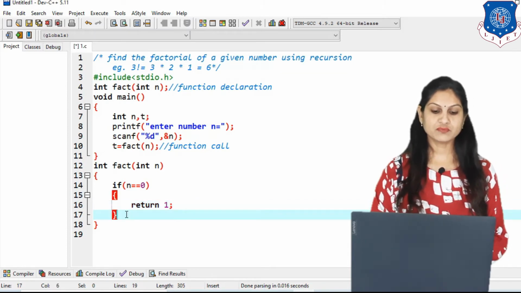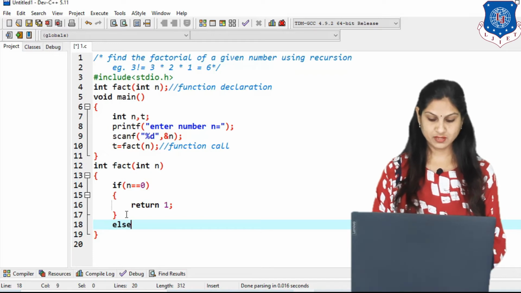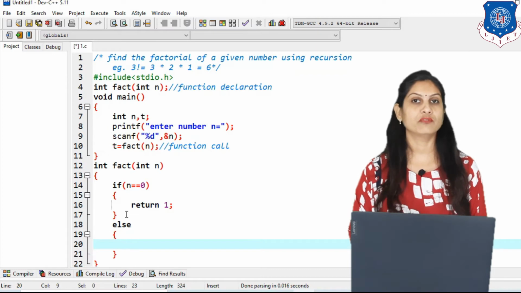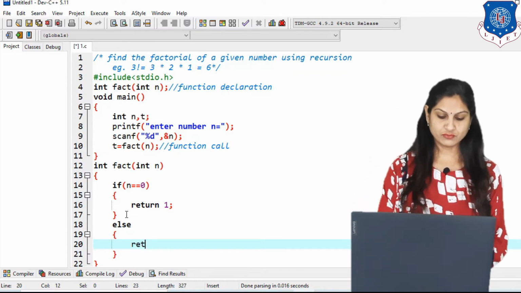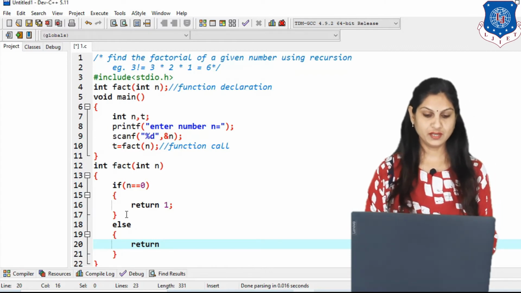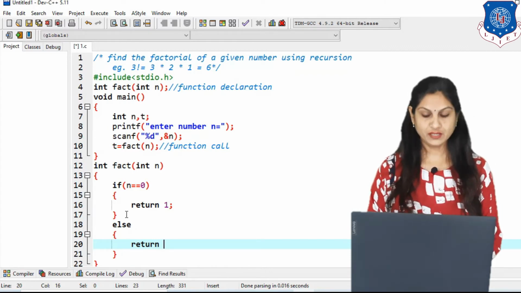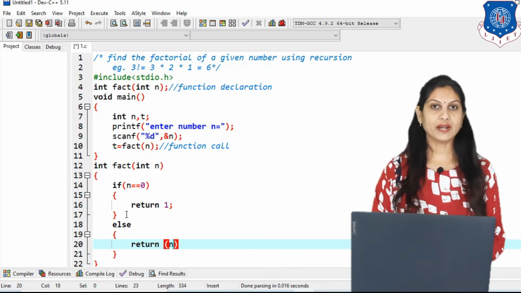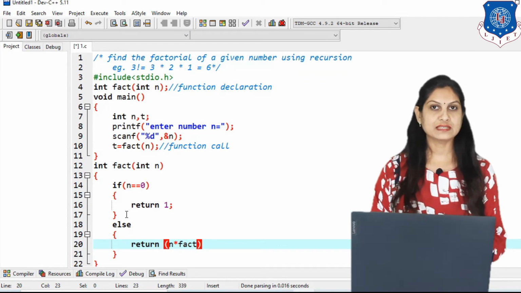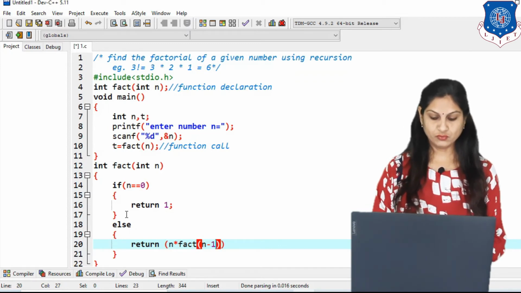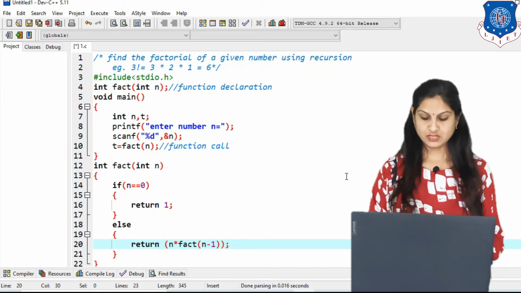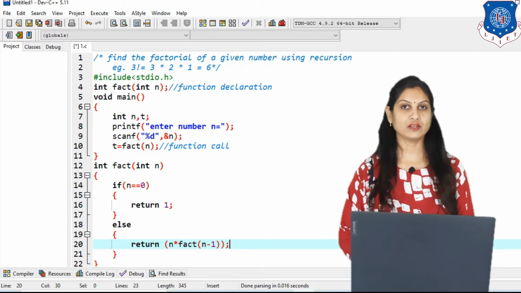Now if this condition is false, then we have to move on to the else part, and inside the else we have to apply the concept of recursion. So inside it we have to write the return word again because of the fourth category with return, and which value do we want to return, that is our logic. So inside the bracket we write n into the function call again, because the concept is recursion, and the value is now changed: instead of n we write n minus 1. So this is the logic for finding factorial.